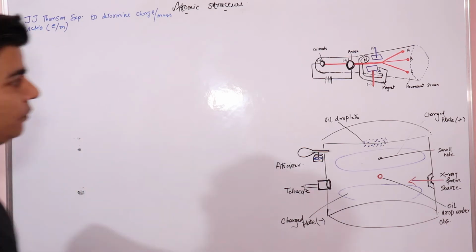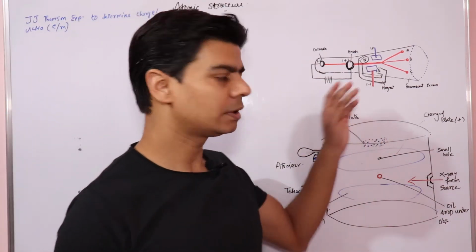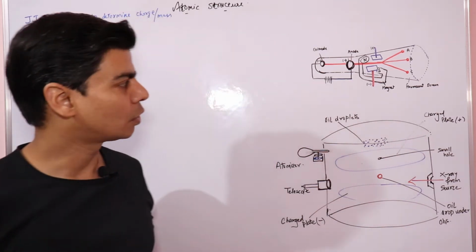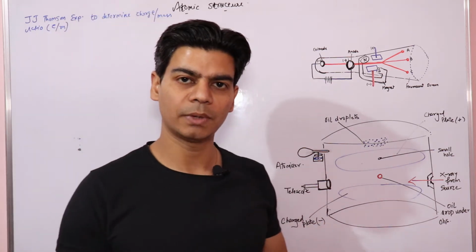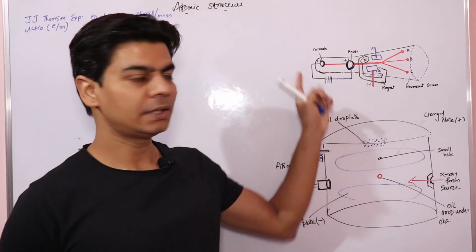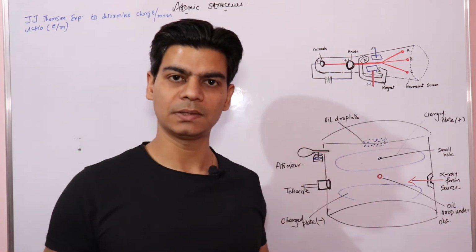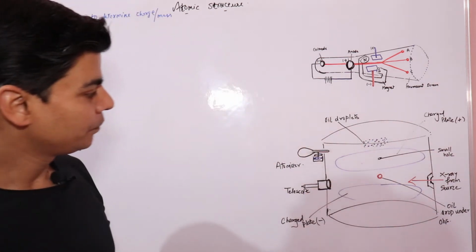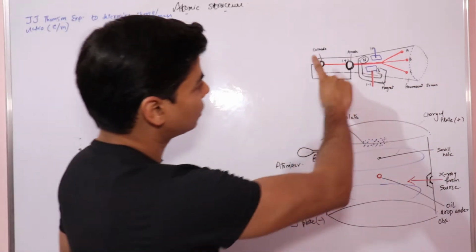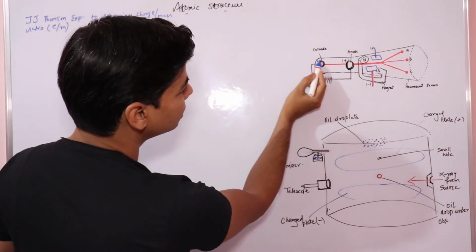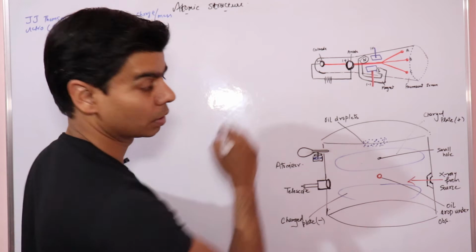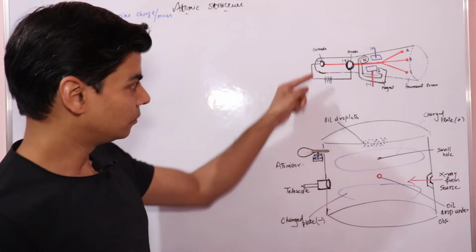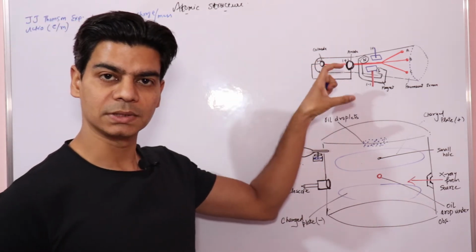So if you look at this diagram, we are already familiar with it because in the previous video lectures we have seen the discovery of the electron, right? Crookes tubes, if you remember Crookes experiment, when Crookes studied the conduction of gases at low pressure, he used this similar arrangement, a cathode ray tube. This is your cathode, and this is your anode, right? The material of the cathode will produce cathode rays.